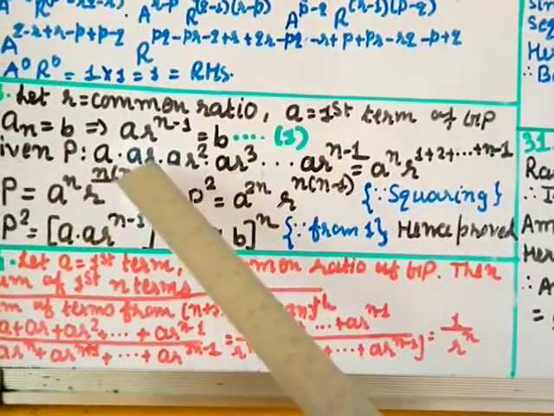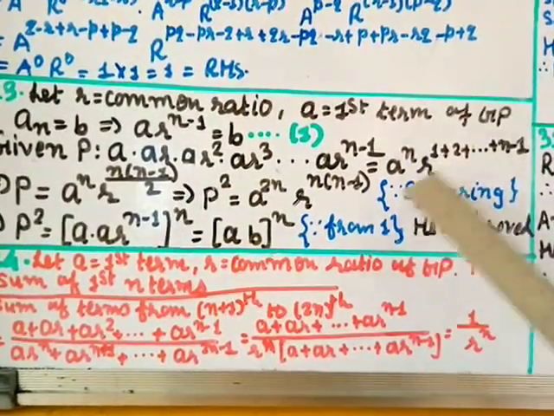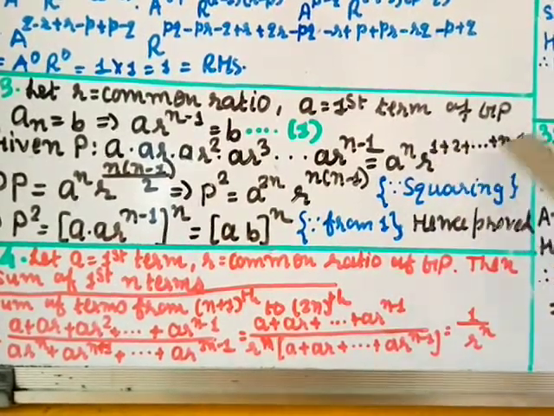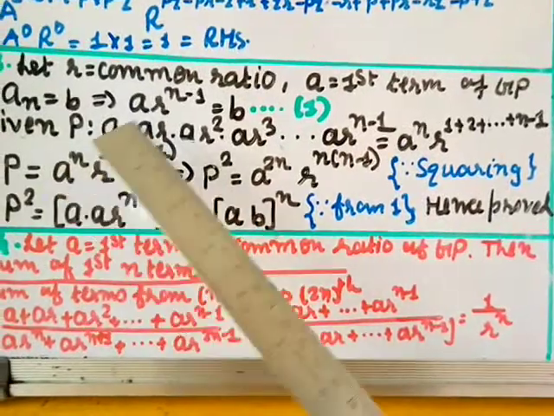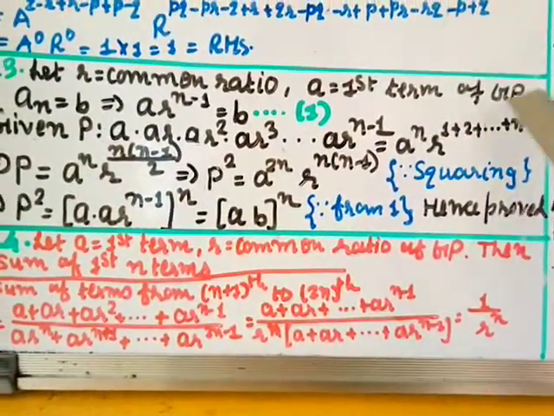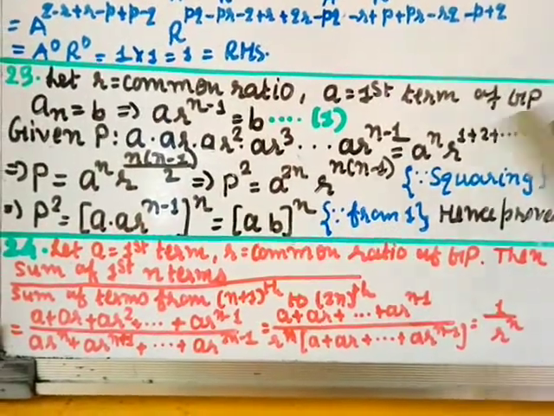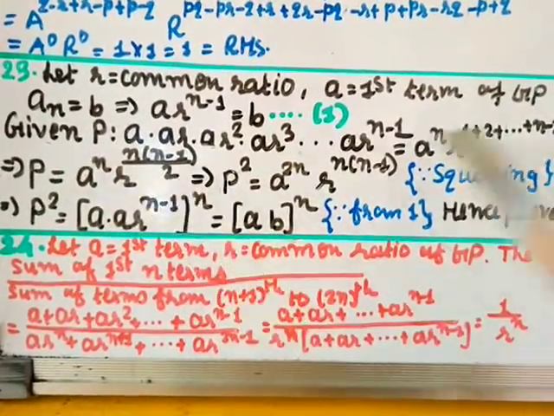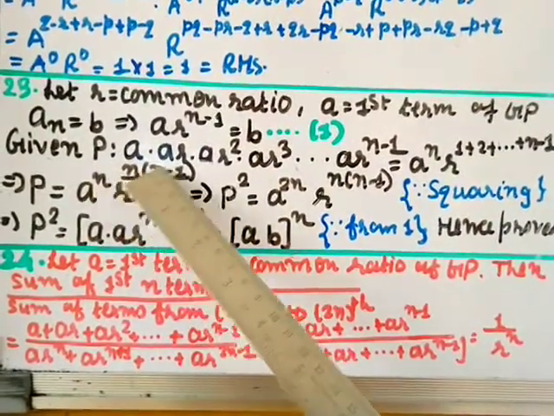Okay, so this is multiplying A power n, and R power you are multiplying, so R power will increase by 1 plus 2 plus up to n minus 1. Now here P equal to A power n as it is, R power, see this is the series. Okay, so this is a special series, and this series is given by the result n into n minus 1 by 2.